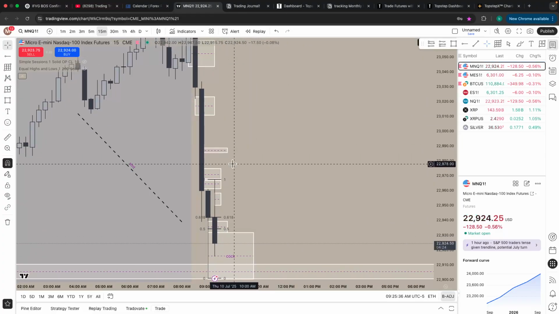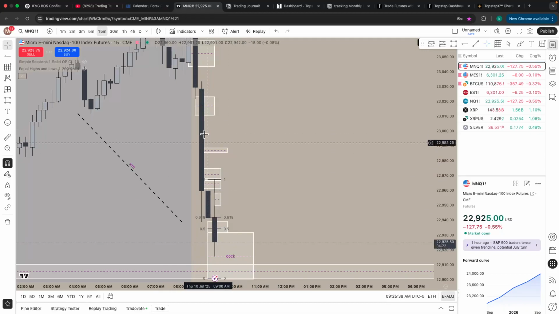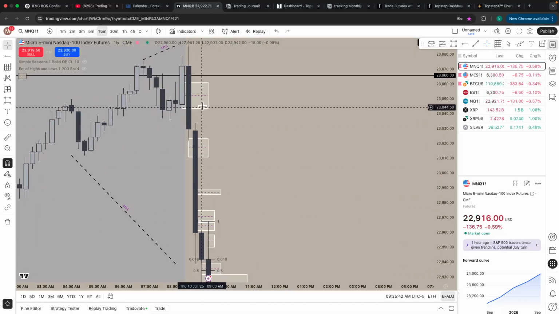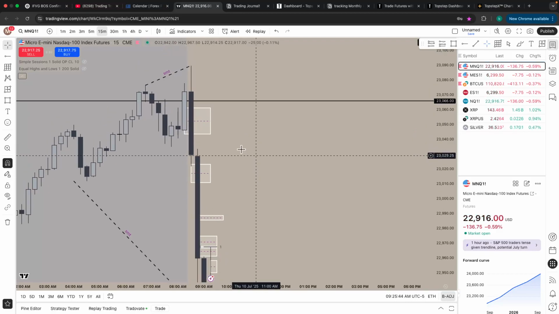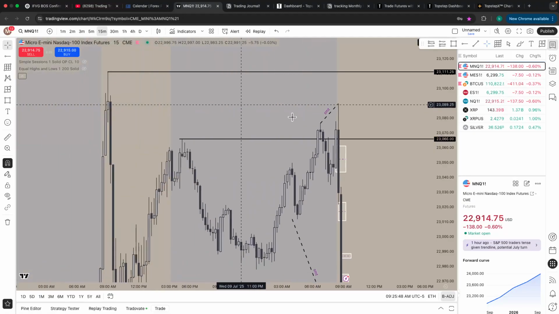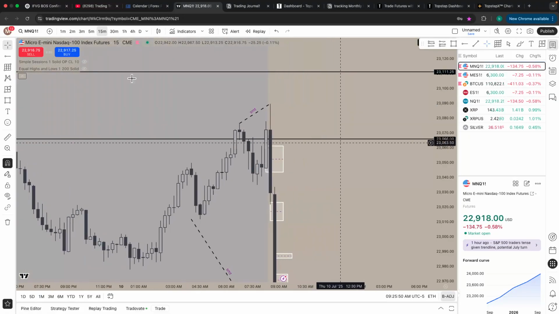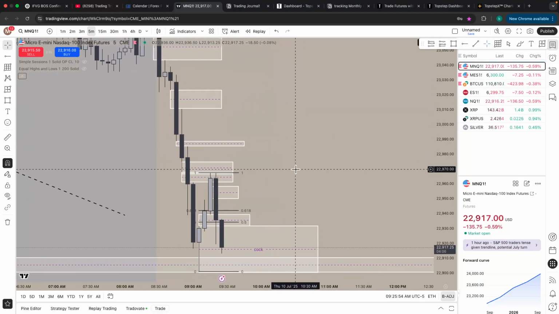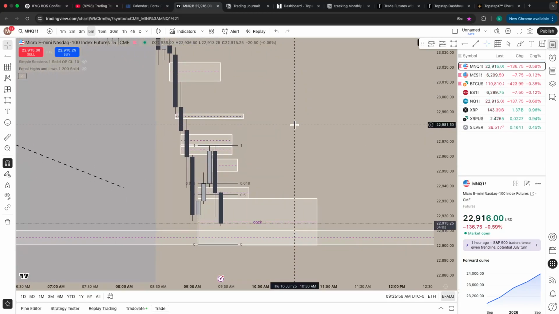It could either consolidate into this gap that we have right through here and sit there the rest of the day, or it could inverse that to go tap into this gap we have right through here, fill it, and then go lower, or inverse it to come all the way up to this, sweep out this high, and then maybe even go to this high. We have stuff we can target. We have take profits. Got to watch out for SMTs. Ideally, though, this could completely get invalidated. I don't know if it will or will not.